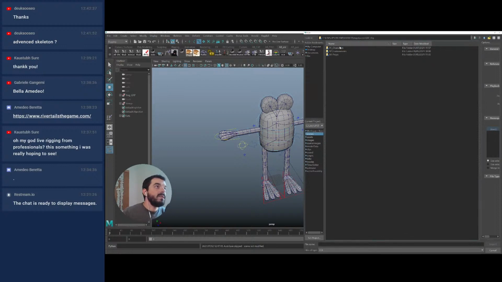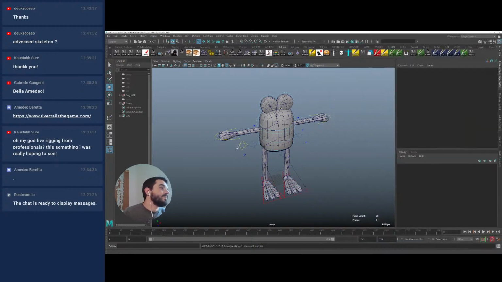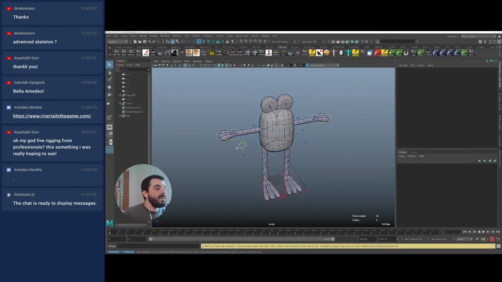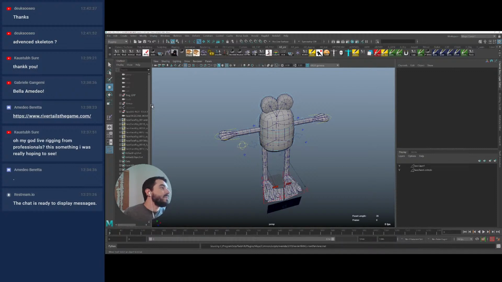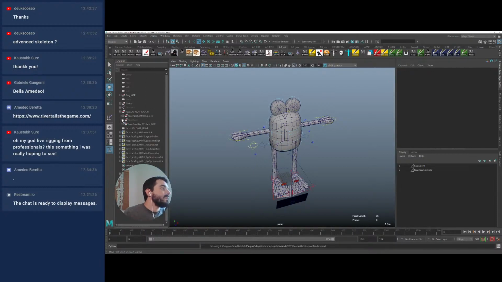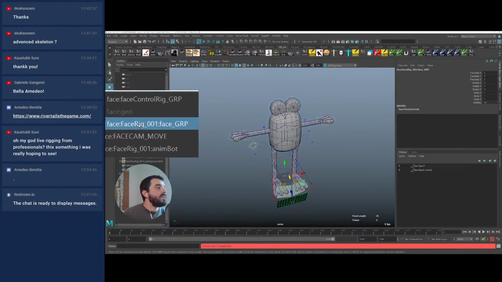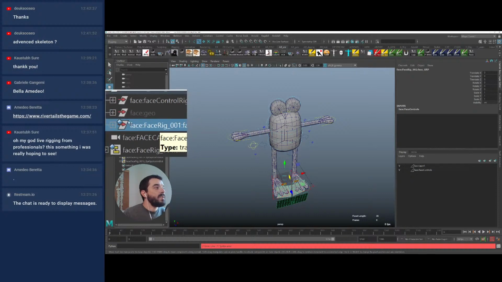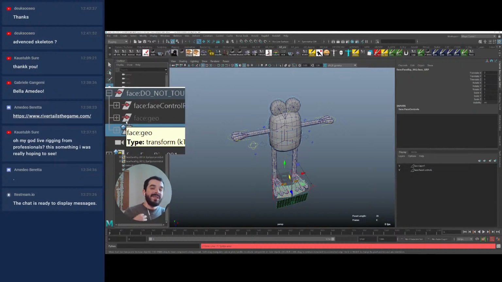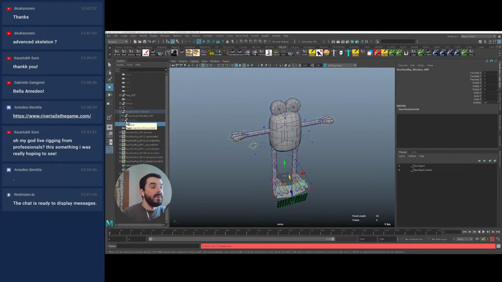So in here, let's import the face. The face is actually referencing a bunch of subsets, a bunch of sub-rigs. And the reference is maintained, you see, through the import. So I'm importing just some data. The rest is actually coming from another rig that I built for the face. So there's a nested